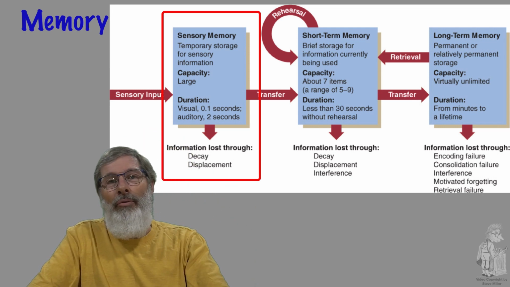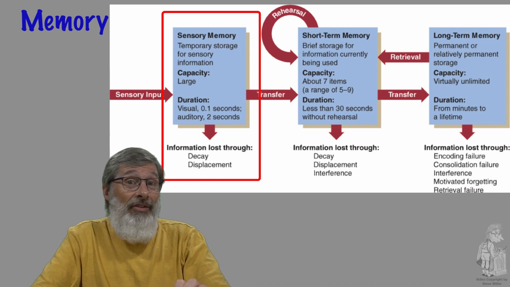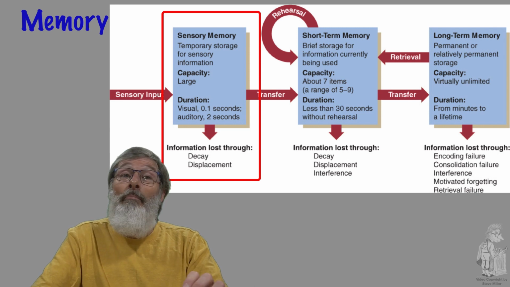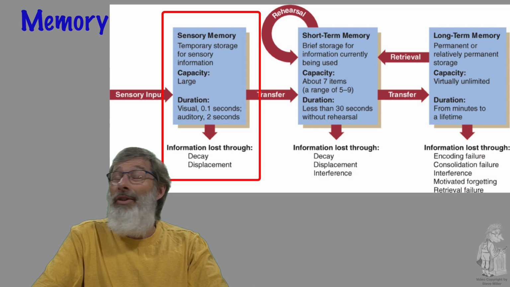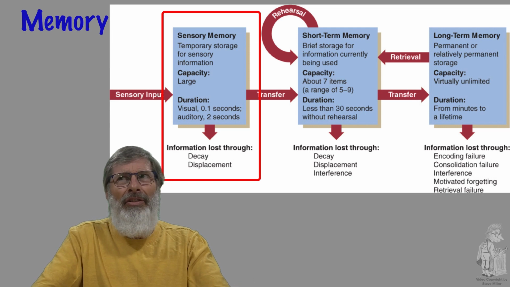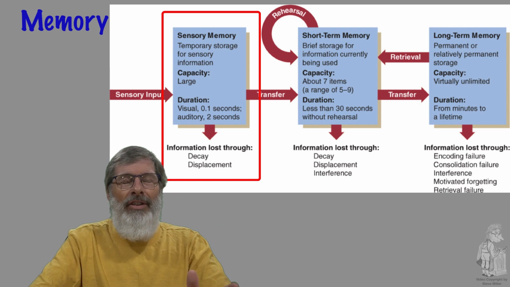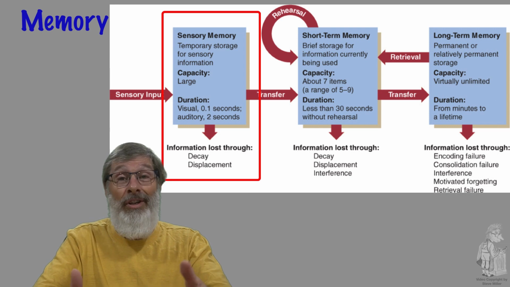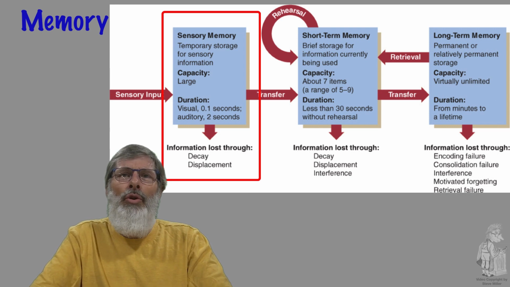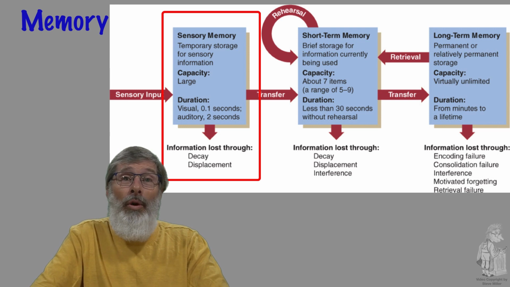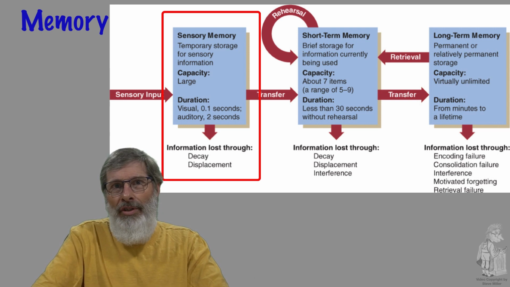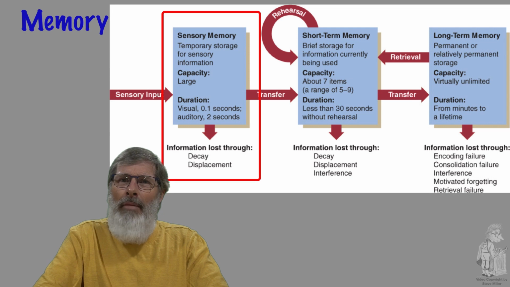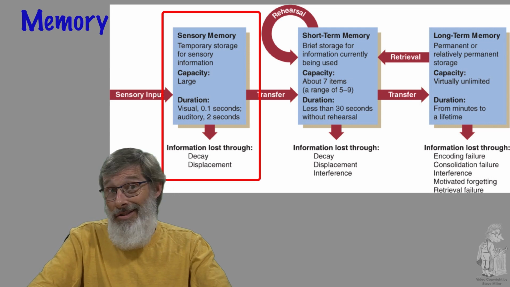For example, memory trace is the visual impression left by the stimuli. It's held in the visual sensory register. Memory trace for visual stimuli decays within seconds. So that really means that we get tons of information in the sensory memory, but it doesn't stay there very long unless it's critical or important to what's going on immediately. McDougall and George Sperling used the whole report procedure and the partial report procedure in visual memory tasks. This research was looking at the extent of sensory memory and how to better hold sensory content.